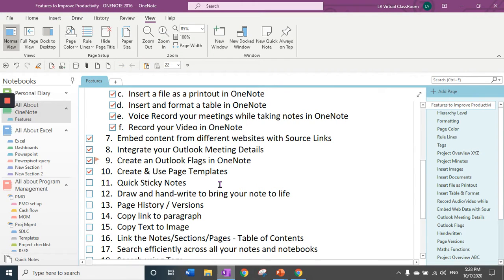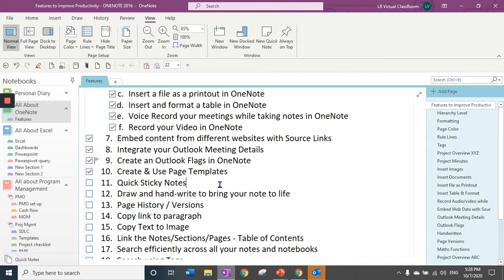The next we're going to see is sticky notes. Having sticky notes enabled in OneNote is very useful as both your sticky notes and your OneNote information are all synced in one place. You can access your sticky note at any point of time. Say you are having a call with your team member. You want to capture a phone number. You don't have your pen and paper.